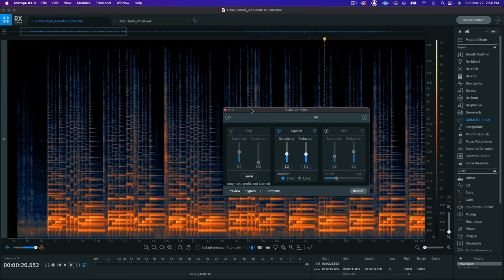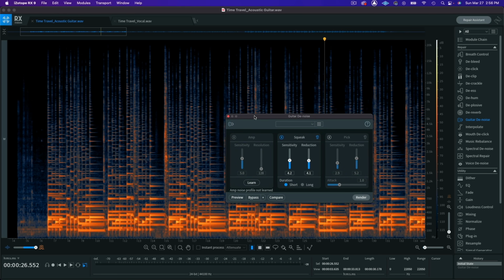So yeah, I like to play it over a longer section of audio just to make sure it's dealing with a lot of different types of fretboard noise. It's definitely picking up these larger offenders. You can start to notice the squeaks in the waveform, these long, bright vertical lines, and it lets you easily tackle those problem spots visually. One of the great things about RX. Okay, so I think the sensitivity is in a good place.